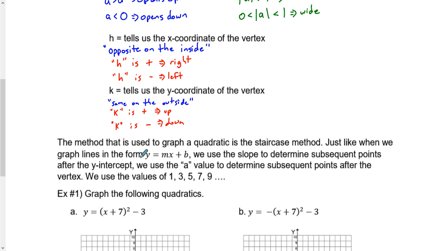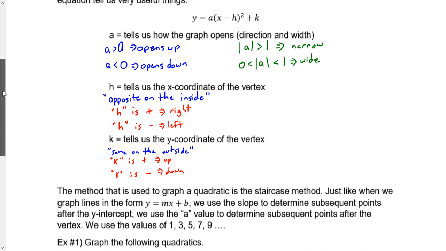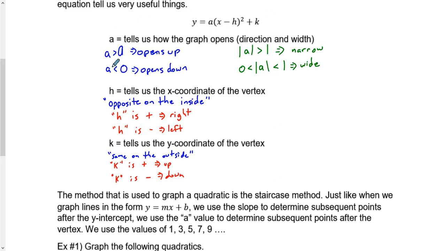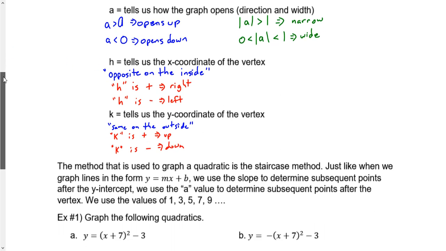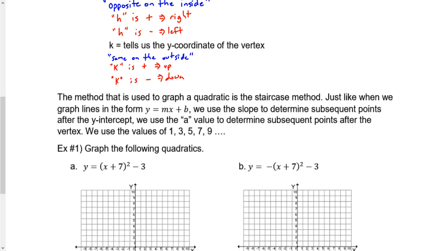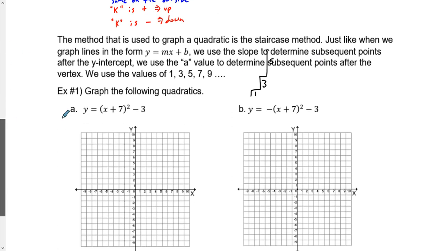Just like when we graph lines in y equals mx plus b form, we use a slope to determine subsequent points. We are going to use this a value from the Vertex-Graphing form to determine subsequent points. We use the staircase of 1, 3, 5, 7, 9. So if we graph these quadratics,